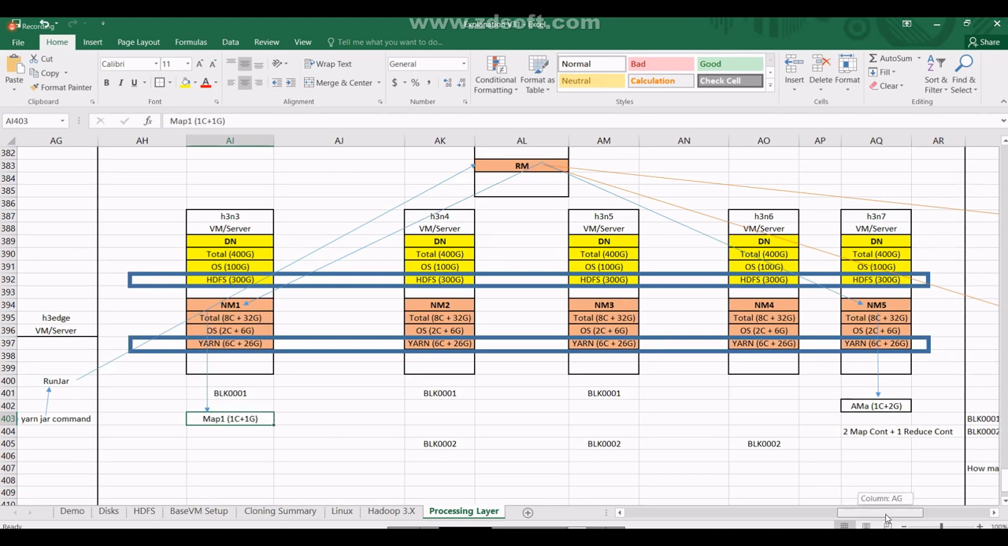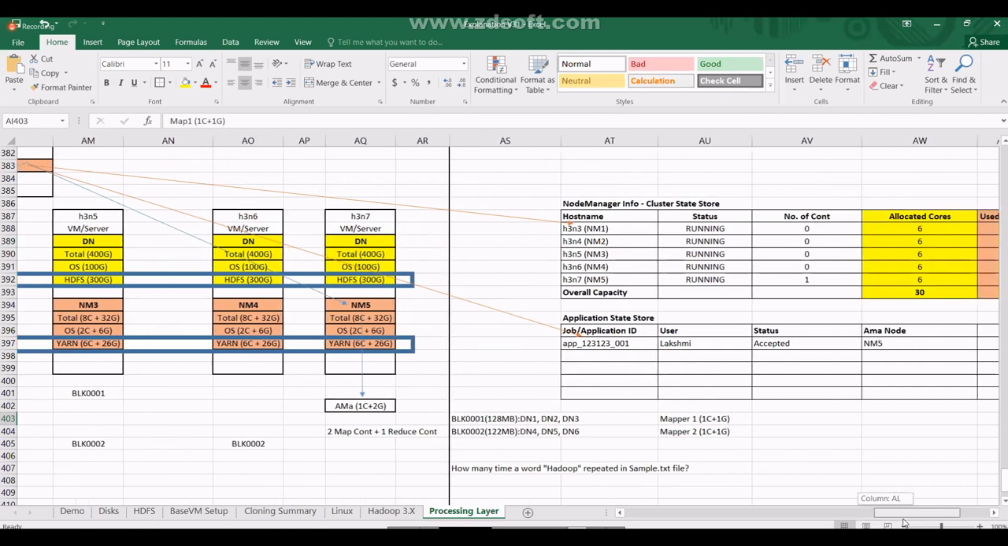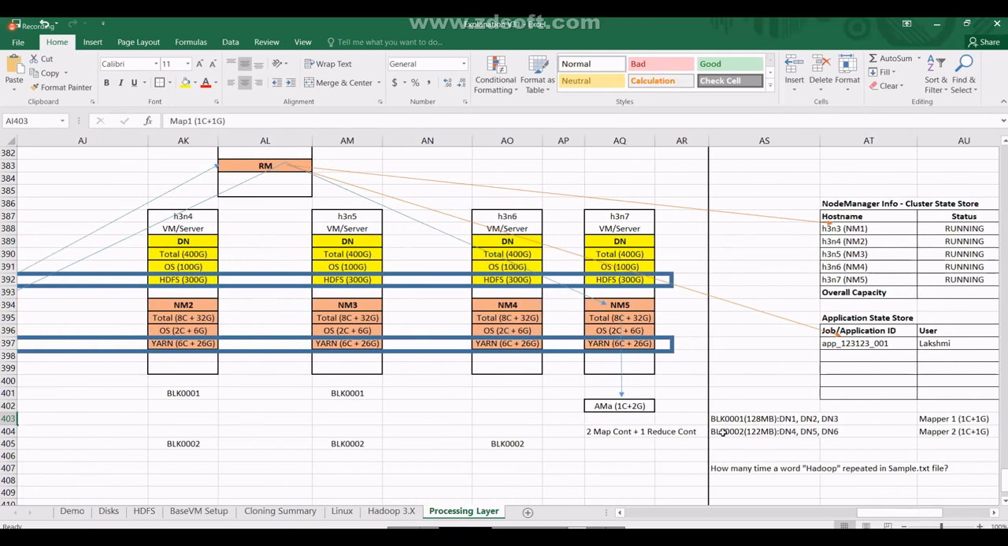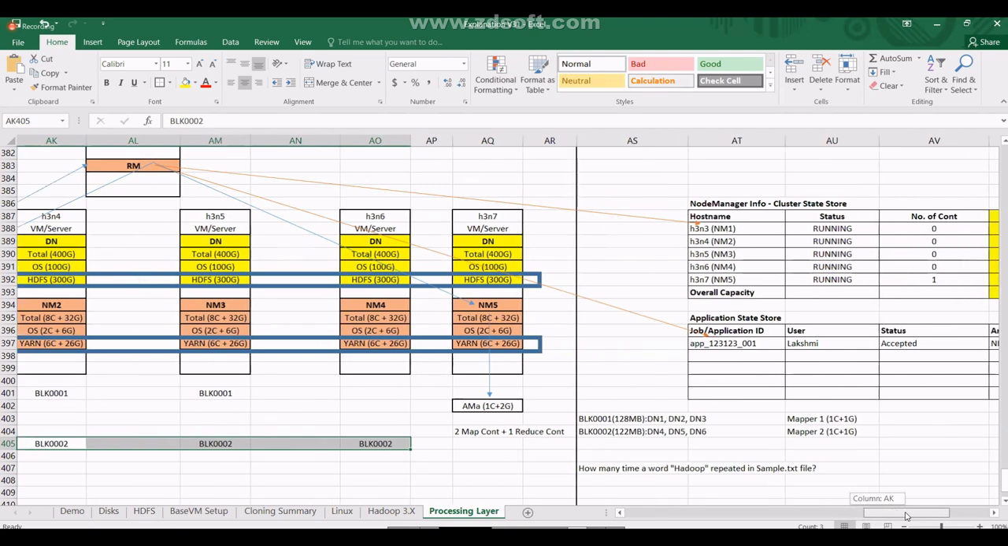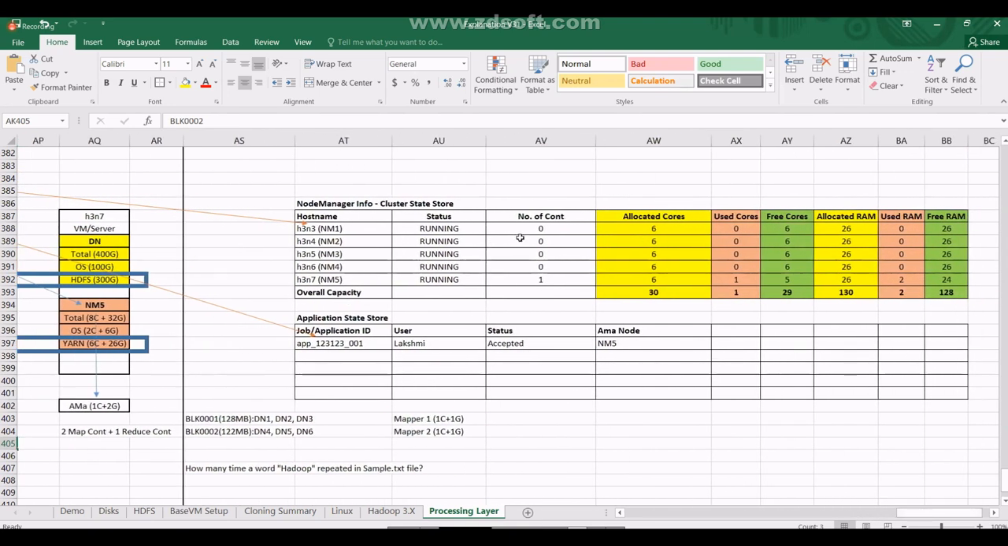Now for block 2 also we need a mapper 2, right? Where to launch mapper 2? Out of these three, now we need to check node manager 2, 3, 4. Out of these three, who is having